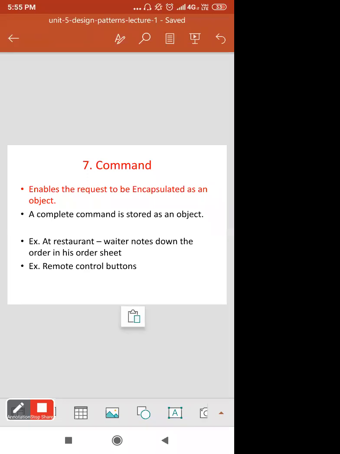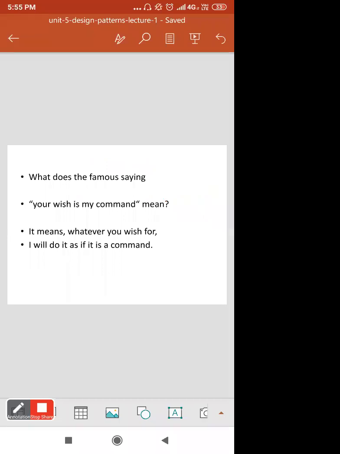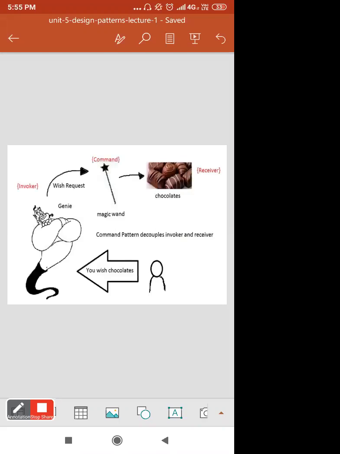One more example is a remote control, on which you put a finger on some button or click on some button. That means you are giving some command to your TV. It is the same as the famous saying that your wish is my command, meaning whatever you wish for, I will do it as if it is a command. In the next example, a child wishes for some chocolates from a genie.